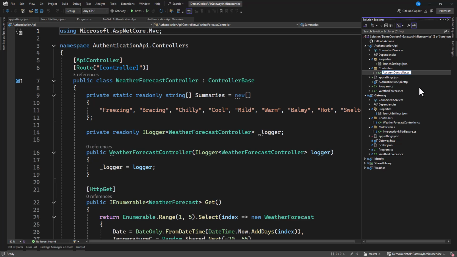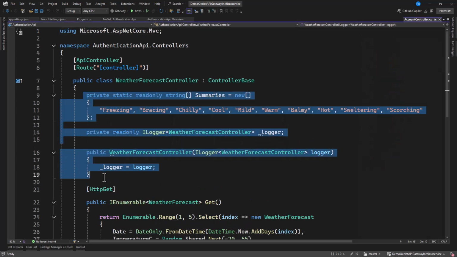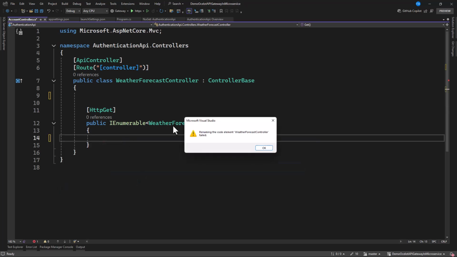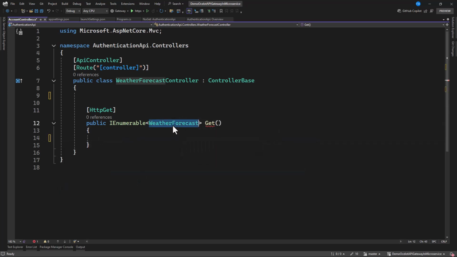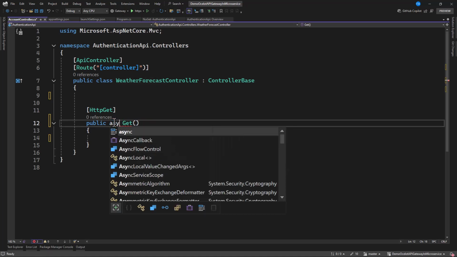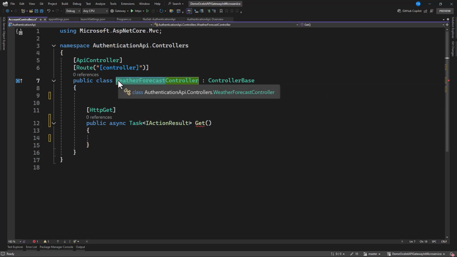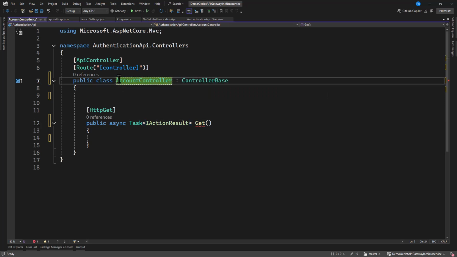Let's change this to accounts. So AccountController, and let's remove all this. There's going to be an async Task, and let's make it ActionResult.